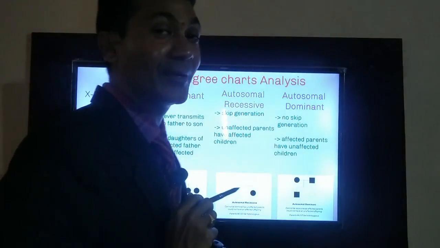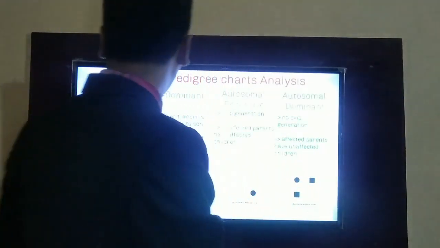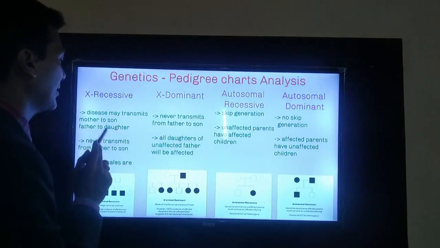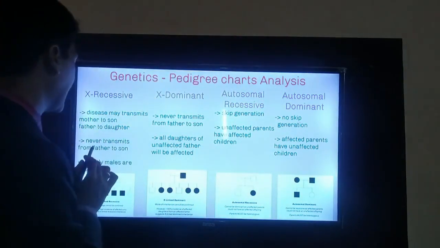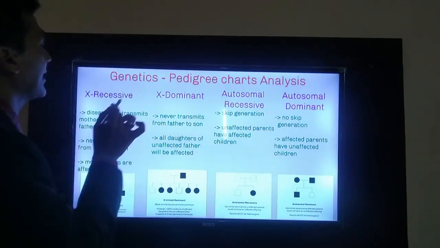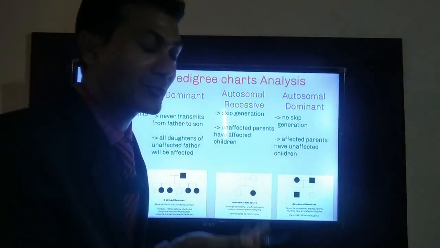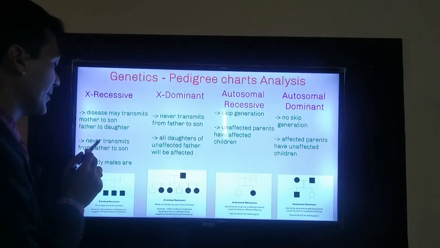While the daughter is produced, the father has to give the X chromosome, so X-linked is father to daughter. X recessive is mother to son, father to daughter. Most of the cases it is not compulsory, just check it. And the second one is it is never transmitted from father to son. This is regarding the X chromosome: the father contributes the Y chromosome to the son, so the disease is never transmitted from father to son.